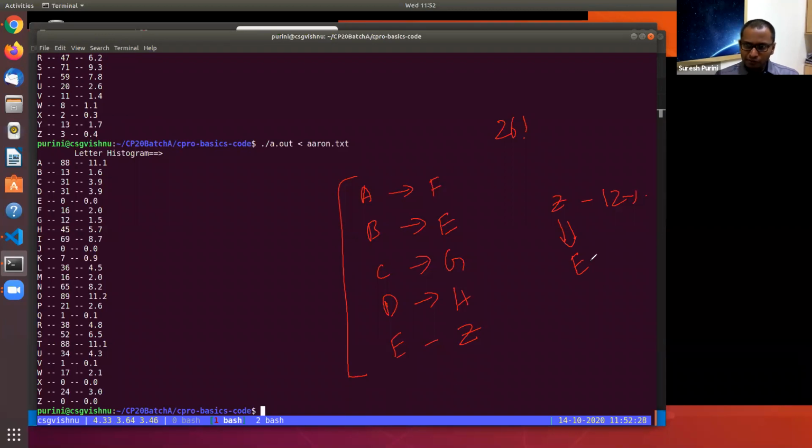Are you with me on this explanation, that we can use the substitution cipher to encrypt text, and this mapping is your secret? Your mapping is your secret key, and only your partner knows the secret key to decrypt. But anyone who gets an encrypted text can use letter frequency analysis to figure out what got mapped to what. Are you all with me here?